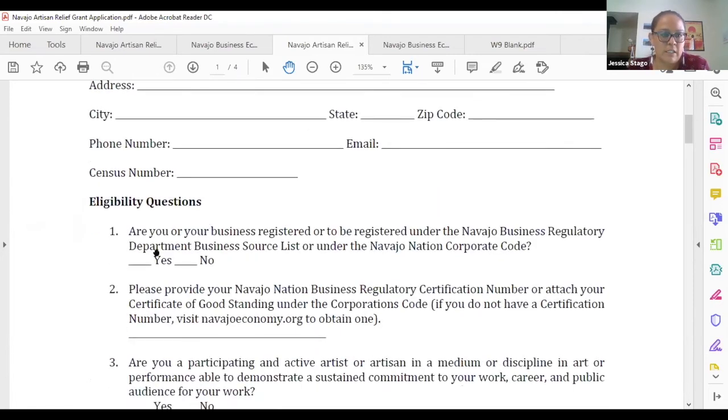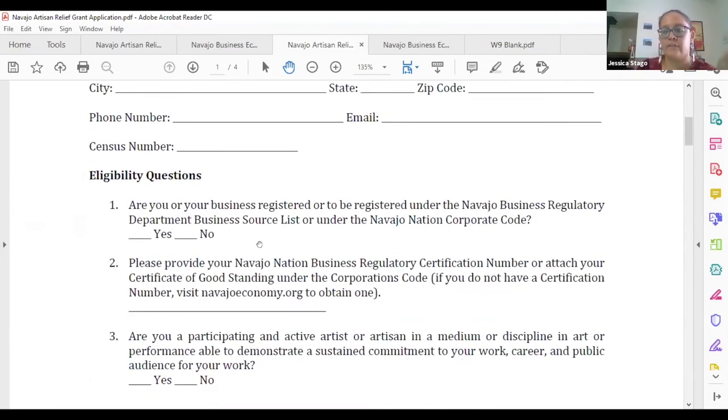Eligibility questions, and they're exactly like this. First one, yes or no answer. Have you registered? If you say yes, then you'll need to provide the registration number. And